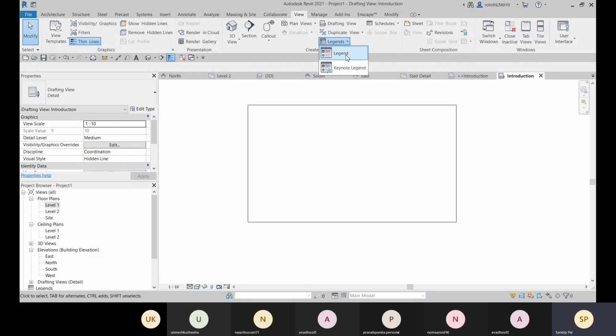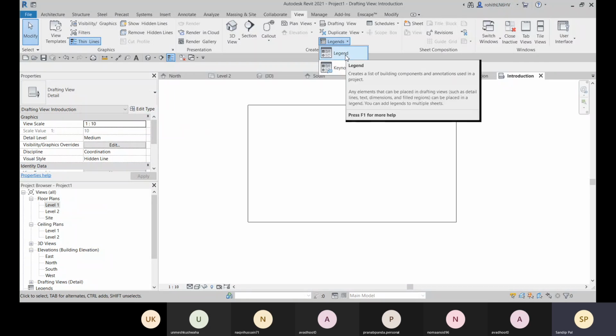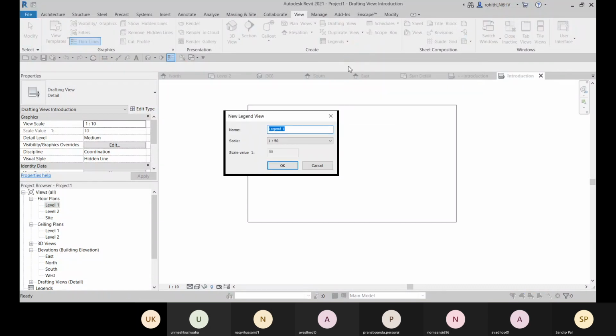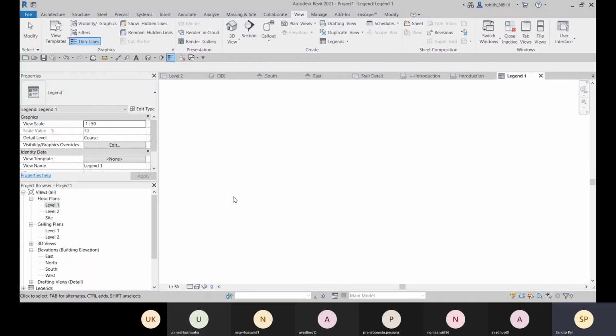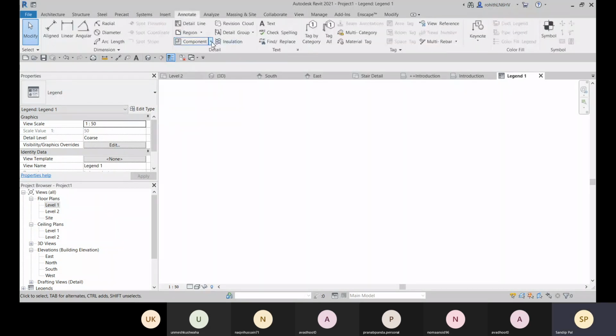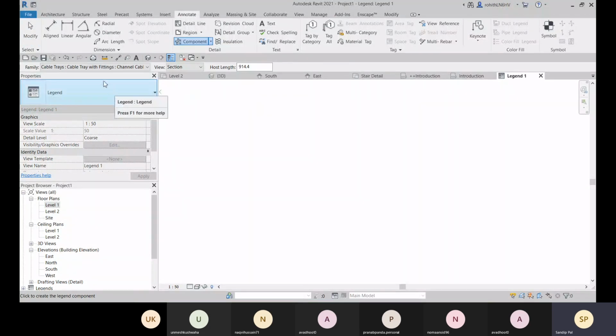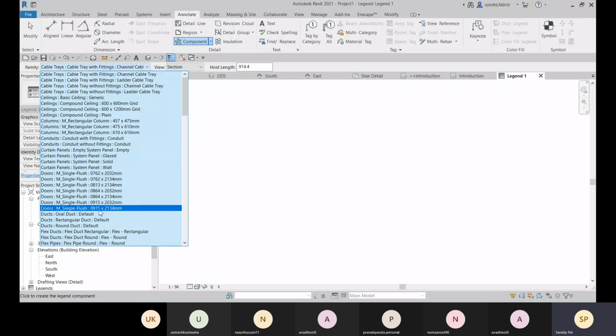And here we have this legend option. You can create a legend view. You click on OK. In this legend, you can also go to annotate and place this legend component. Suppose you have applied this door.